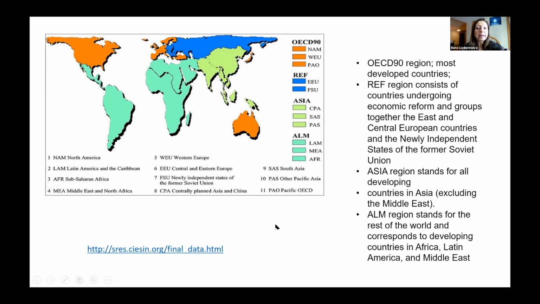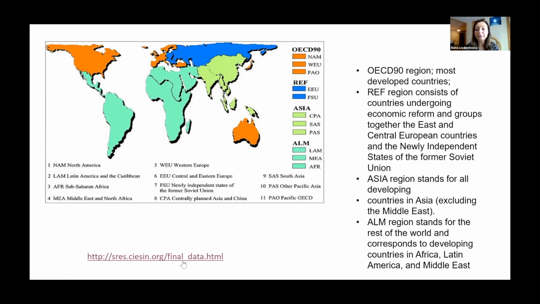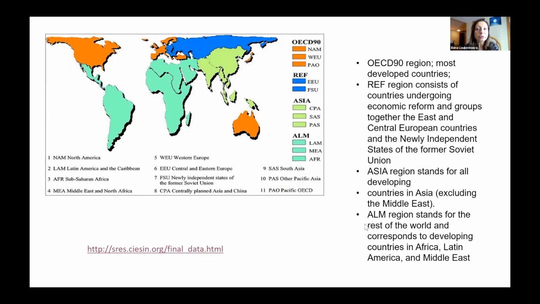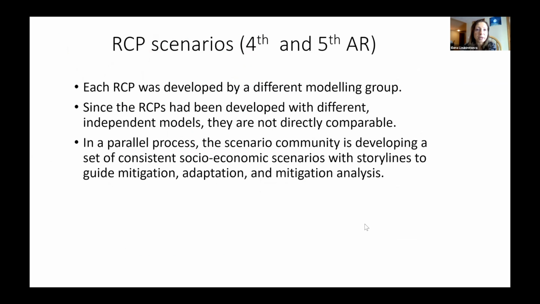So again, it's a little bit outdated, but it's interesting to look at how this data evolved. You can actually go to the SRES website and look at those specific data in Excel, and you can download them. So you can use them, of course, if you want to develop an exercise with your students. You can look at specific data of what kind of GDP is modeled, what kind of level of technology transfer would be assumed for different scenarios. So you can do it at a more qualitative level, or you can do it really quantitatively.